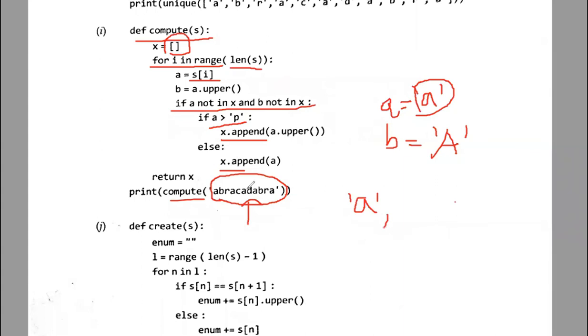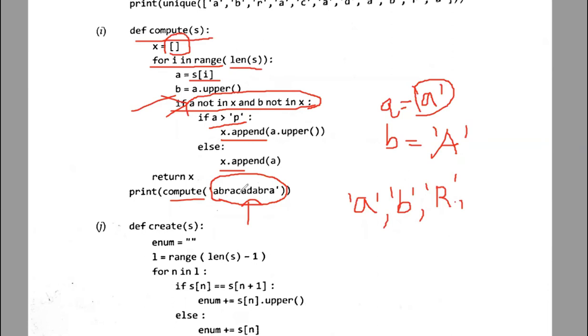And then in the next case, when it is considering B, you have to be clear, whichever is greater than P alone is going to come inside. Otherwise, it is going to go to the else condition, where there is a condition: if the character already exists, or if the character's capital letter also already exists, you should not append it. So it is going to just append B in the next iteration. And when it is taking R into account, it is greater than P, so it becomes a capital letter R and it gets appended.